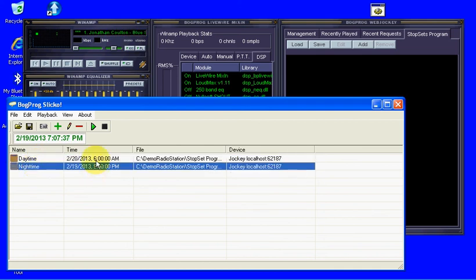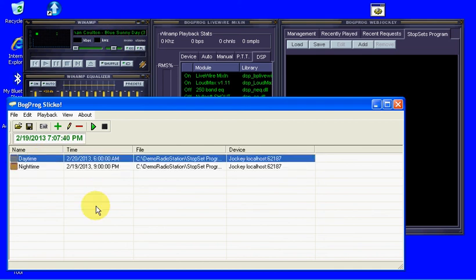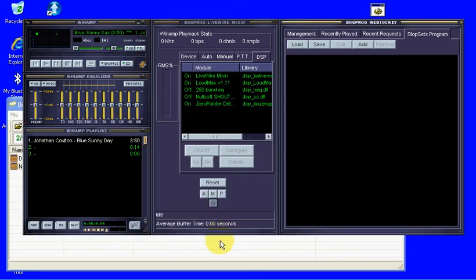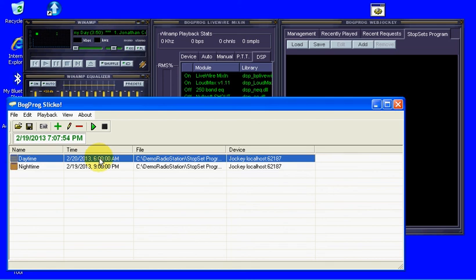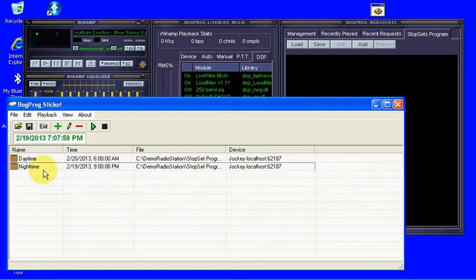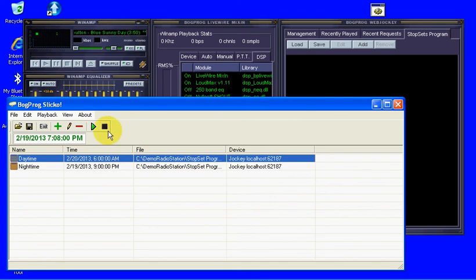I've got a daytime and a nighttime, so you can see it'll run a StopSet program. It'll tell WebJockey to load a StopSet program at 6 a.m. every day, and a StopSet program at 9 p.m. every day. So, for example, if it wakes me up, I can go to sleep at 9. So to show you how that works,